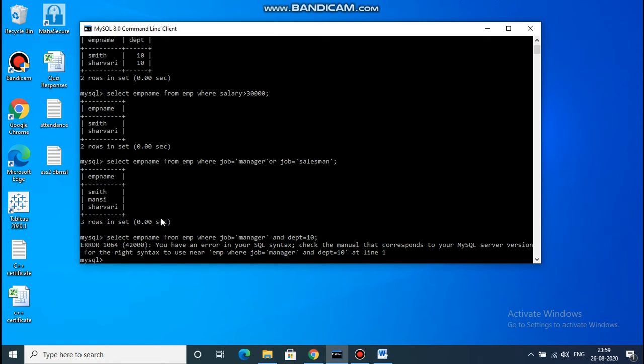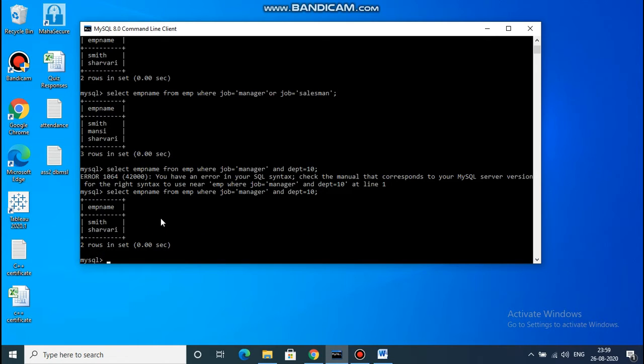Here is an error, a spelling mistake in select emp name. After correcting it, it is displayed: employee names Smith and Sherwari.